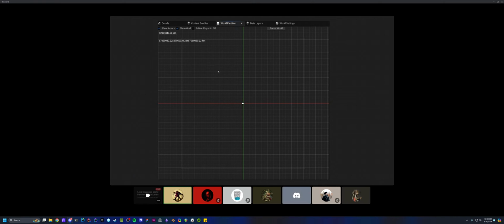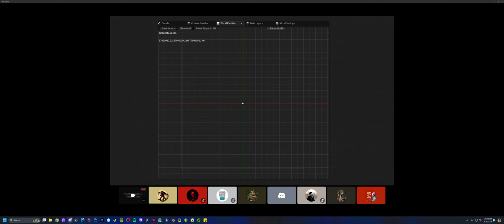What can be frustrating is when you boot up the level, there's nothing there, and you have to switch over to the World Partition tab and then right click and say load from here. Load from here, and it'll load all of the regions that are in close proximity to whatever position you clicked on. But there is a workaround that I think probably should be on by default in the editor,